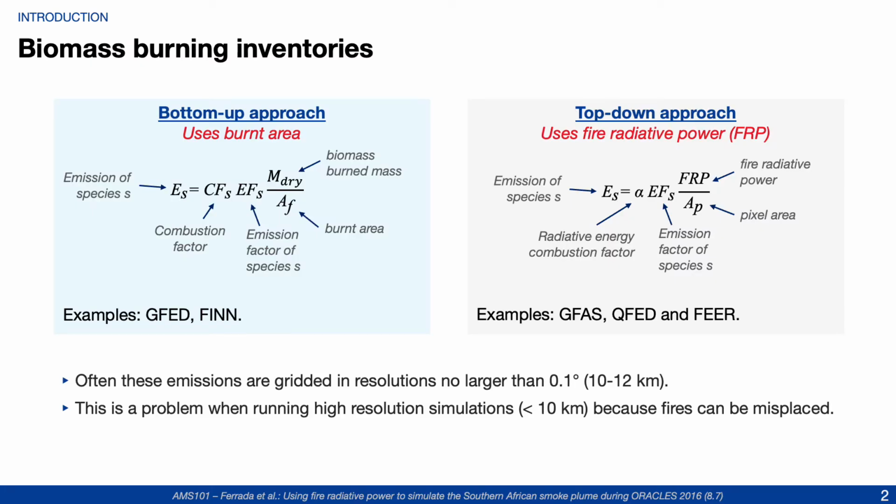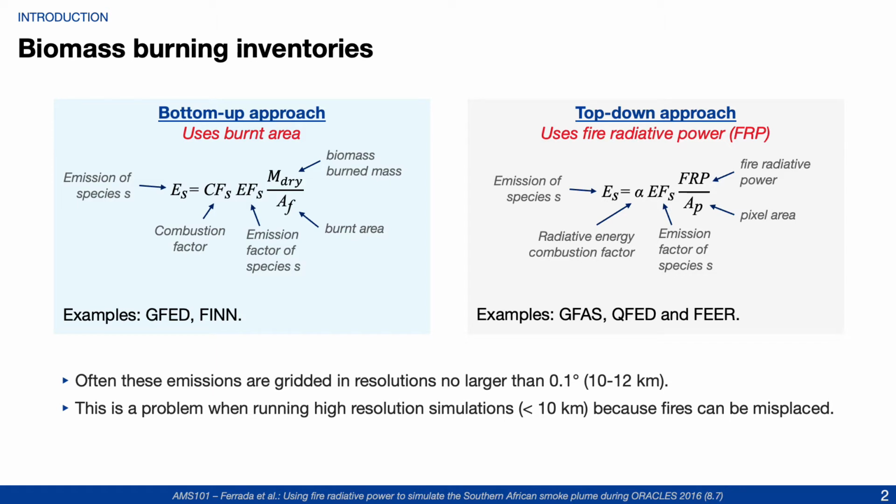There are several emission inventories out there and they can be classified according to their method in estimating emissions. The bottom-up approach uses the burnt area, while the top-down approach uses the fire radiative power to estimate emissions. Both rely on remote sensing observations and use emission factors for different species of aerosols and trace gases. Examples of these inventories are GFED and FINN that use the bottom-up approach, while GFAS and QFED use the fire